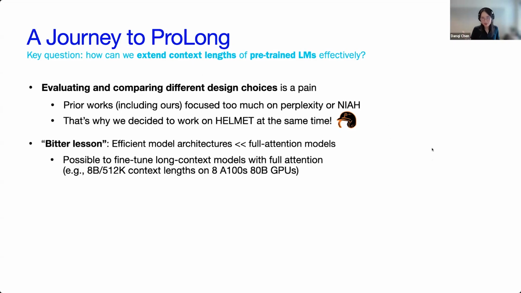And the big bitter lesson here is we found the efficient model architectures are just not as effective as full attention models. And thanks to a lot of hardware optimization, it's pretty efficient to fine-tune long context models with full attention. Just to give you one example, if you want to fine-tune an 8 billion model on a 128,000 context length, which is a very big context length,